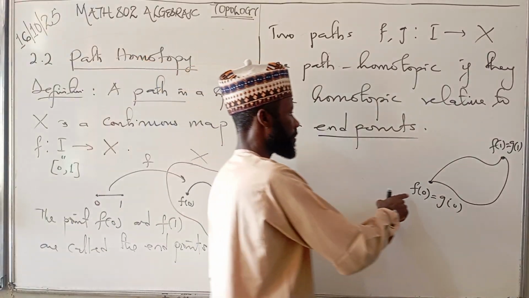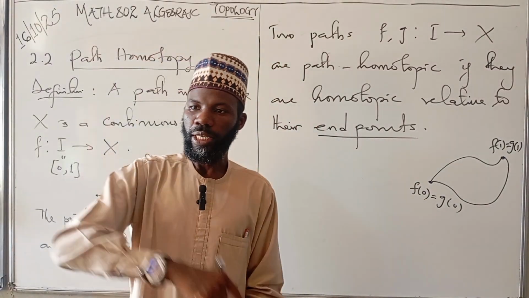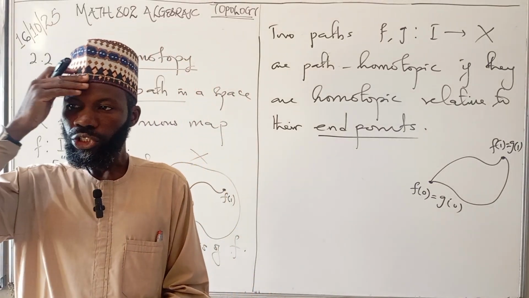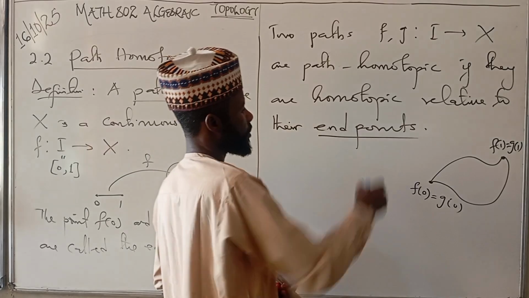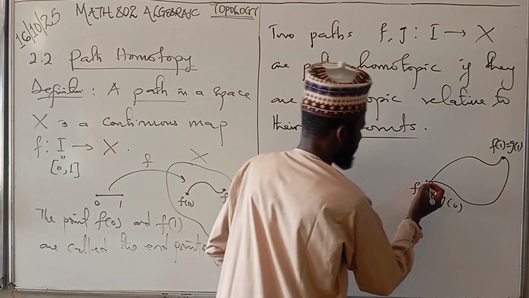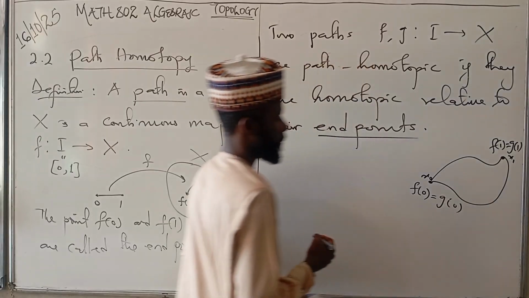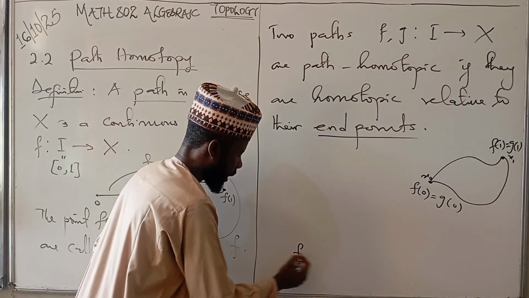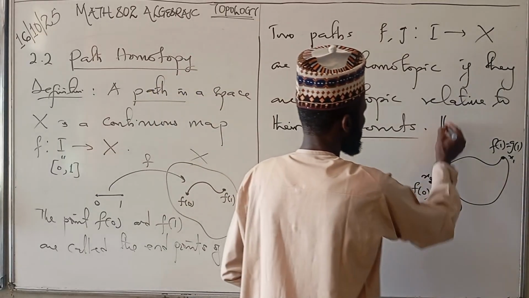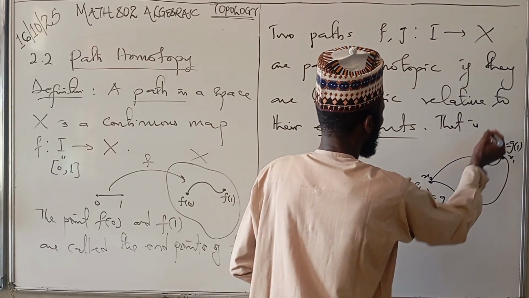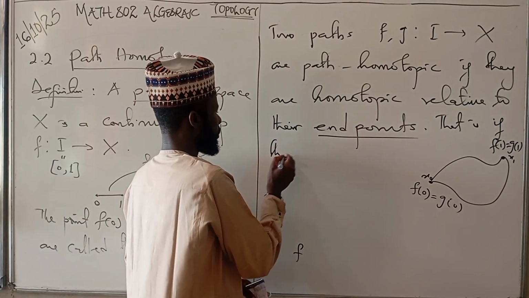Because the first member of the homotopy must be f, and the last member must be what? G. And if we say the homotopy should be relative to the endpoints, so if this one is x0, and this is x1, then we are saying, given the homotopy, so that is, if they are path homotopic, if there is a homotopy,